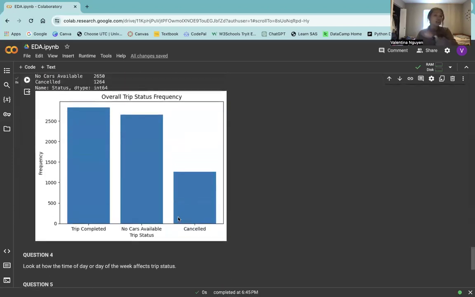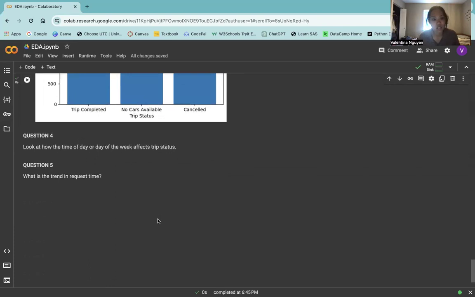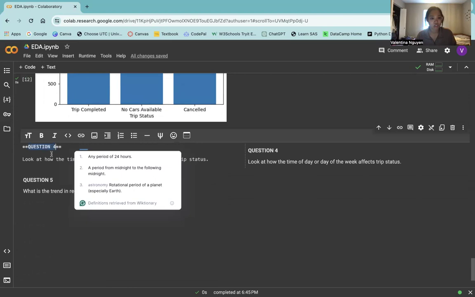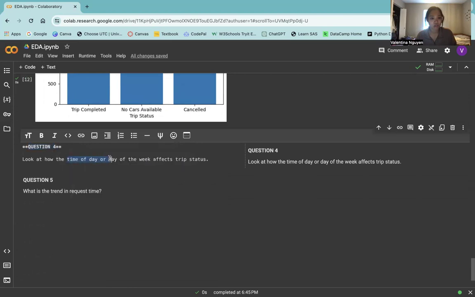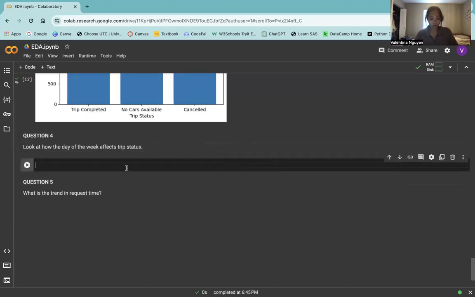Okay, so that graph will show exactly how many trips were completed or canceled or no cars available throughout the entire data set. And if we wanted to be more specific, question 4 asks, look at how the time of day or day of the week affects trip status. So actually, I'm going to change this to day of the week, and we can do time of day for the next question. So for that one,